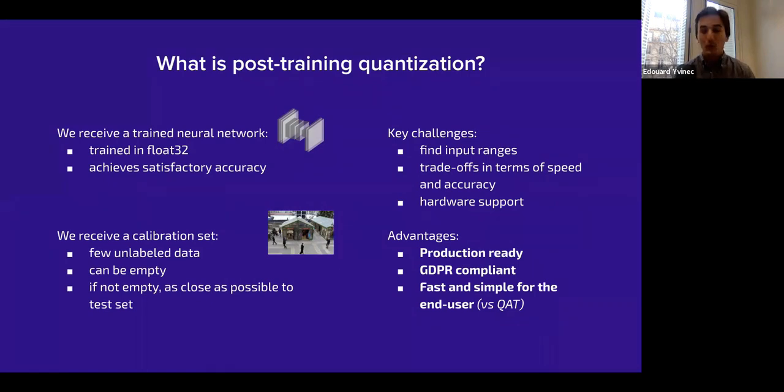And what you do is you want to actually find a way to transform your operations from floating point operations to fixed point operations. And the huge advantages of post-training quantization over other techniques, first of all, it's production ready. What that means is it uses operations that are already supported by the inference engine, by the hardware. It's GDPR compliant. To put it in simple words, we don't have to worry about data privacy because we don't use any data. And it's fast and simple. In other words, it takes a few seconds and up to a minute to actually quantize the neural network.